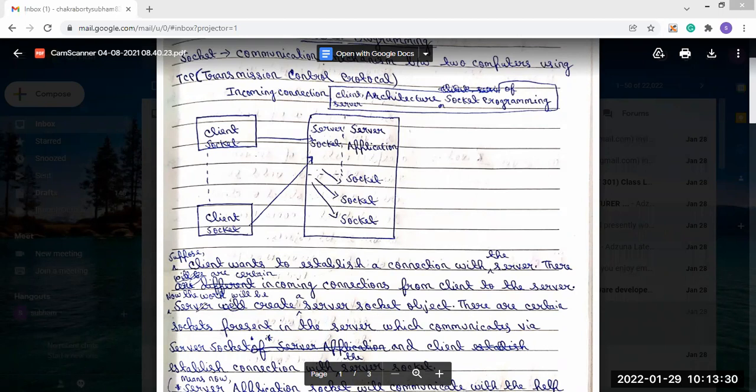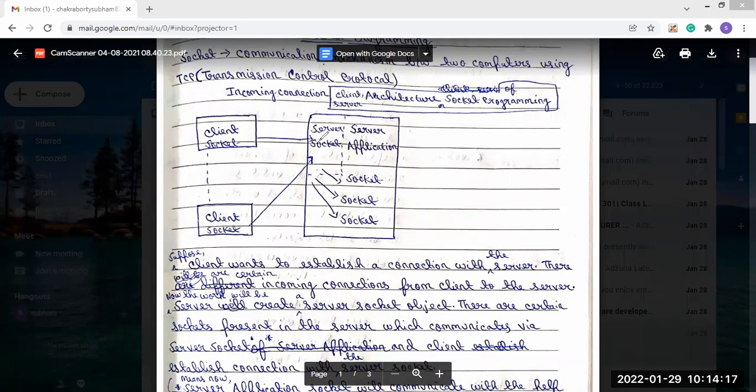Because there is a single server and many clients, each sending requests to the server, one wanting this page, another wanting another page, it is said that there are certain incoming connections from client to server.